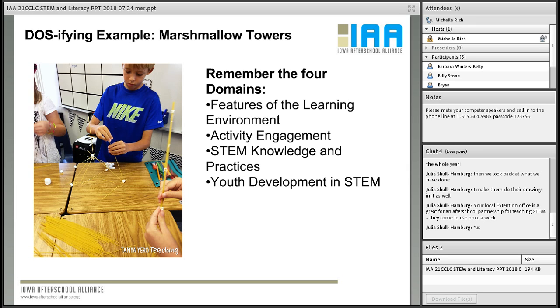Or make a structure that looks like your house. So that way you can ask reflection questions about, okay, how is the house built to provide the most sturdiness and stability? You know, things like that. So that way they're not just